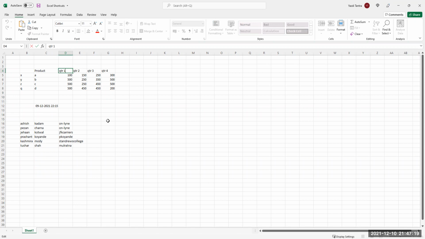So I'm double clicking and I'm typing 2021 Q1. But I want 2021 to come on the line above, but it should be in the same cell. Are you getting the problem?